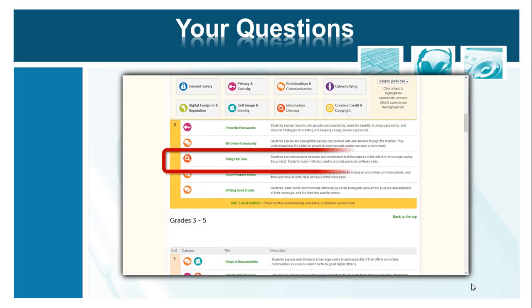Besides that, there are also ideas about teaching students about things for sale when it comes to websites. And these are things that young kids can relate to, because since a very early age they are seeing those transactions between their parents and store owners, for example, where they go to buy something. So they need to understand whether what they're seeing on a website is somebody trying to sell them something, or whether it's just information that they can use. So these are very basic ideas.